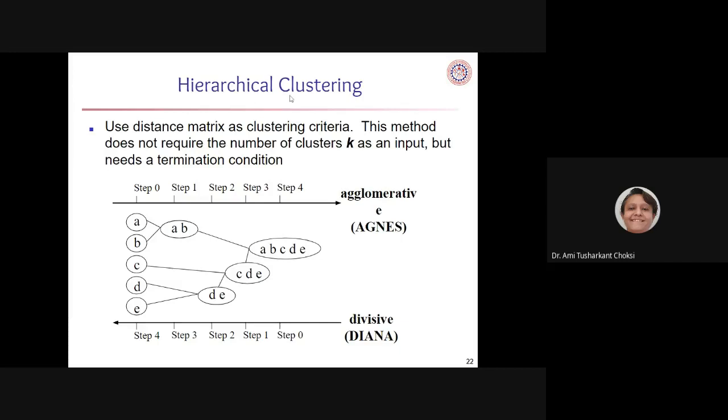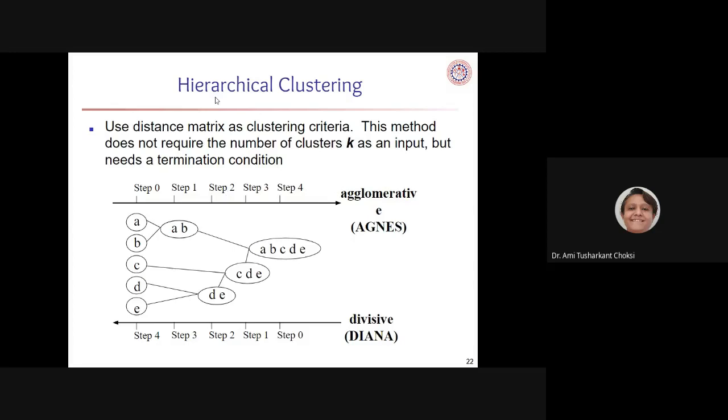hierarchical clustering, right? Then what about the divisive or DIANA hierarchical clustering? In that we have ABCDE. Then we divide it into AB and CDE. Then we divide the CDE into C and DE. And then it will be divided into D and E, right? In one, the process is going from left hand side to right hand side, and in the other, that is in DIANA, we are going from right hand side to the left hand side.